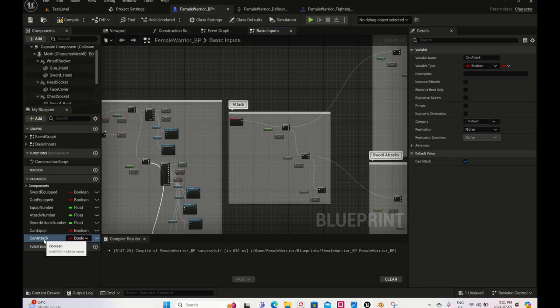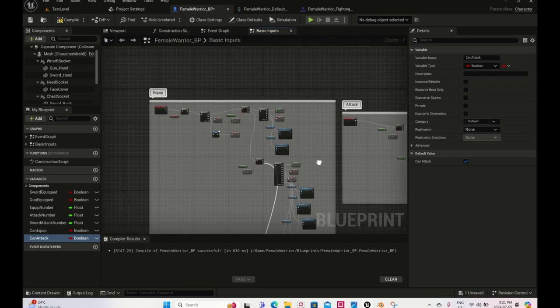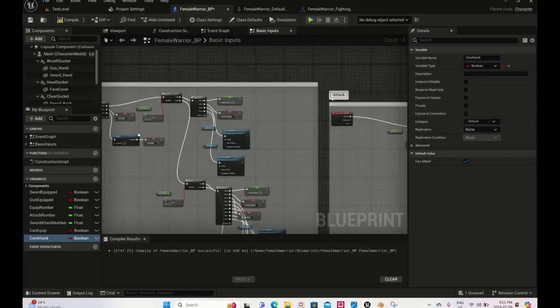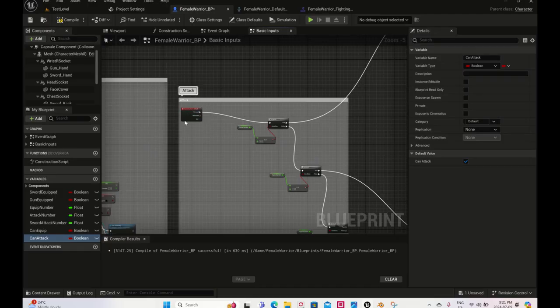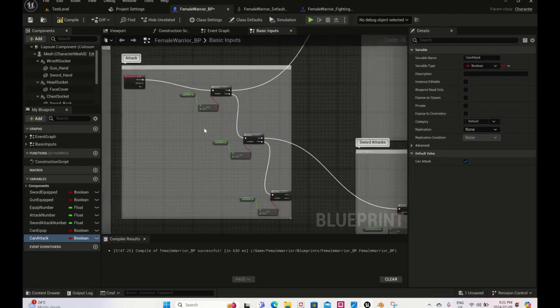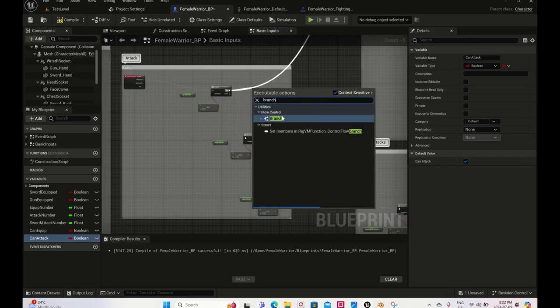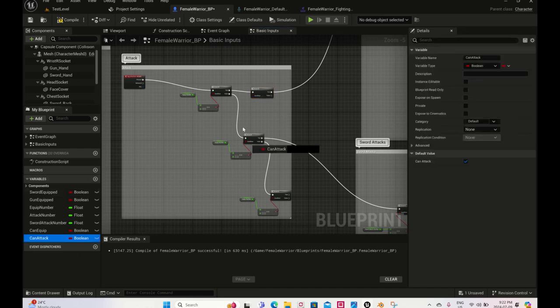So I've created a can attack boolean at the bottom left here and set the default value to true. For the equip, I put the branch, the condition, right after the input action. For the attack, I'm not going to put it right after the attack input action because this doesn't apply to the gun, which is at the bottom. So I'm going to put two of them, one right after equip number 0 and one after equip number 1. So I'm going to create a branch for the first one. If can attack is true,